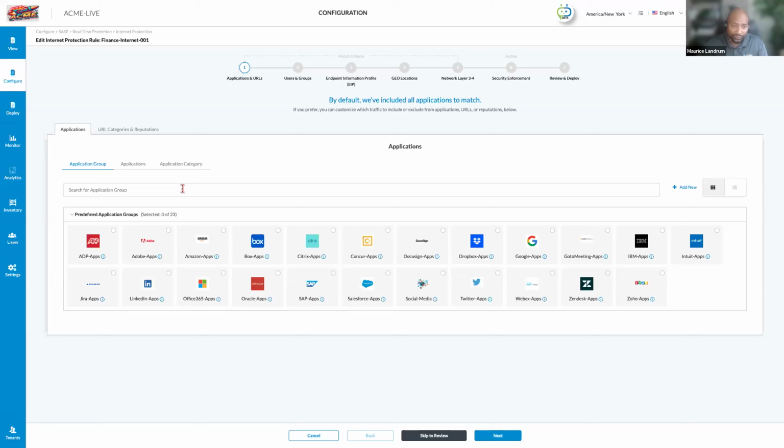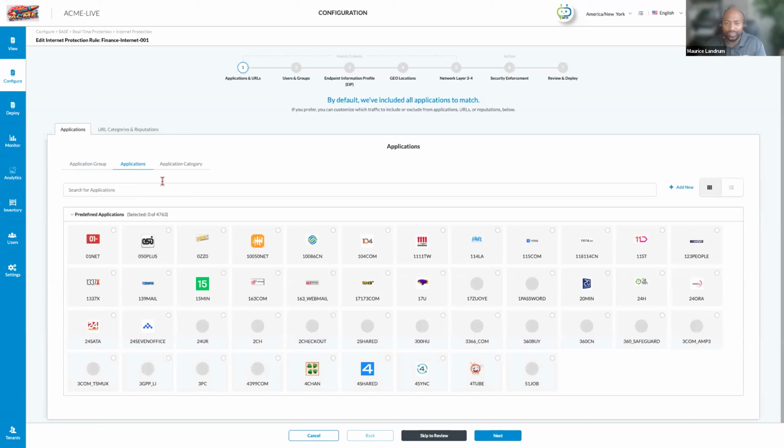You will match on that application and that group or users that need access to the application, and simply don't set the ATP policy for that particular rule, essentially whitelisting those user groups. Or we can do it by IP address, geolocation. You can do it by port. It's very, very powerful to where you can control it. URL categories, reputations, etc.